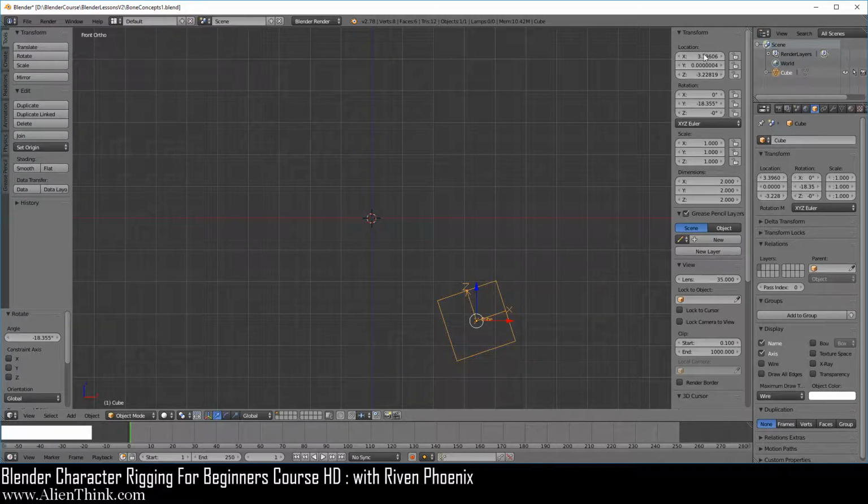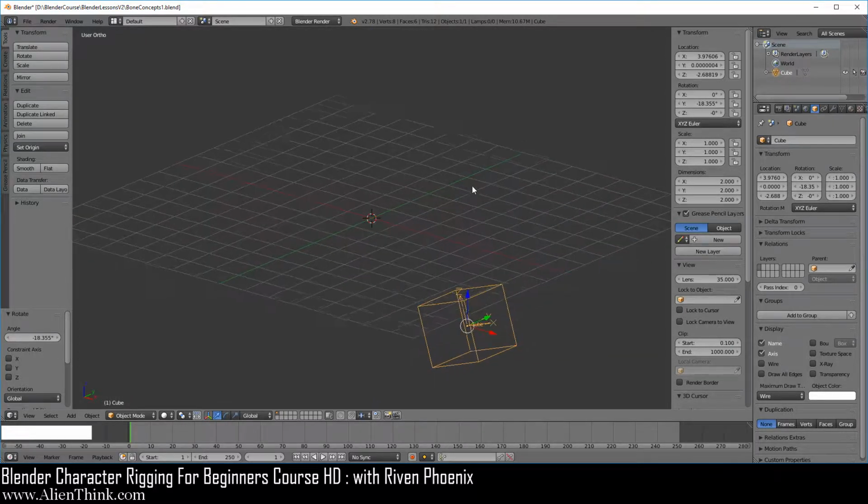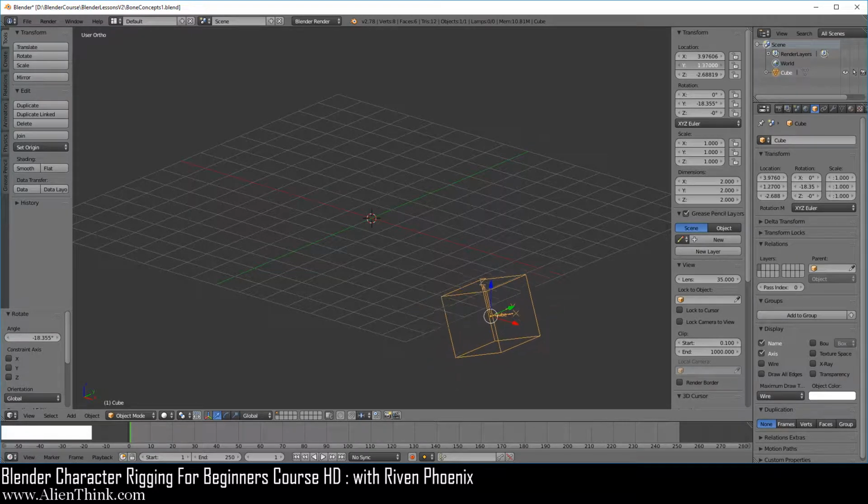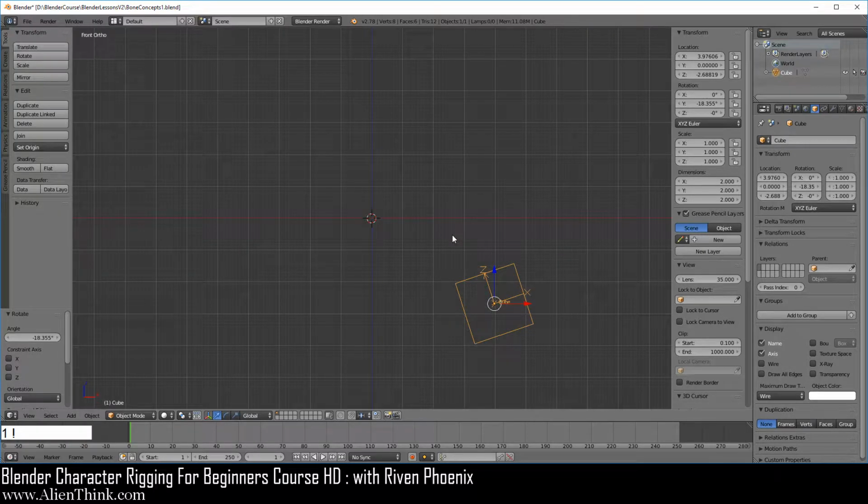Now again, this is showing you how far the object is from the center of the 3D grid. We're talking about the origin point. So if we click over here on the X value and change it with our mouse, you can see that we can only move along the global x-axis. Same thing with Z, global z-axis. And of course, if we do the middle mouse button, when we click on Y, we're moving along the global y-axis. Now, for these lessons, we're not interested in the y-axis, so here I'm just going to click and type in 0. We're just going to press the 1 key to go to the front view. Right, so the y-axis is really just facing towards us.